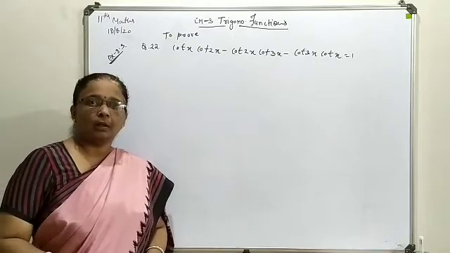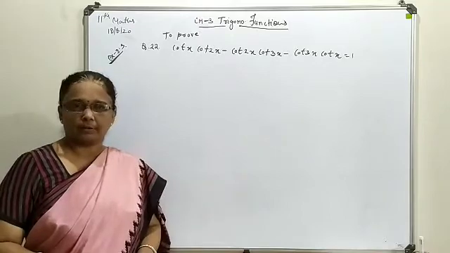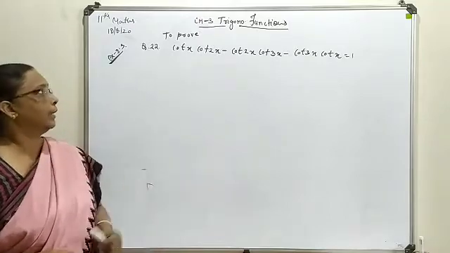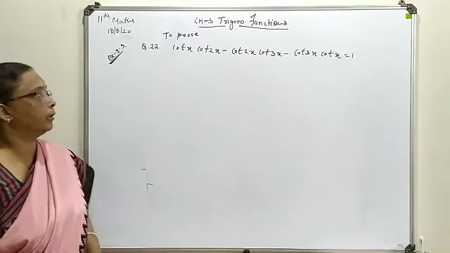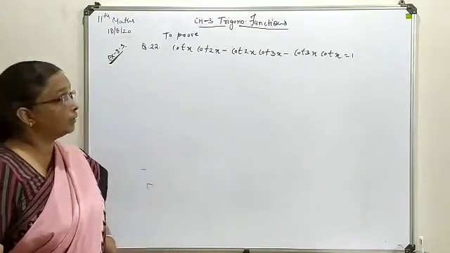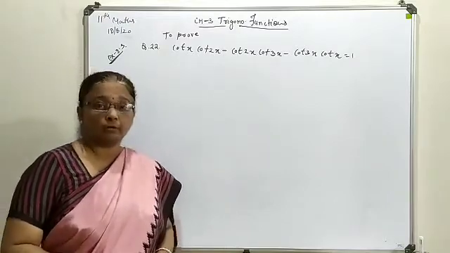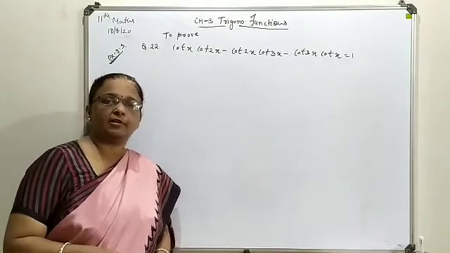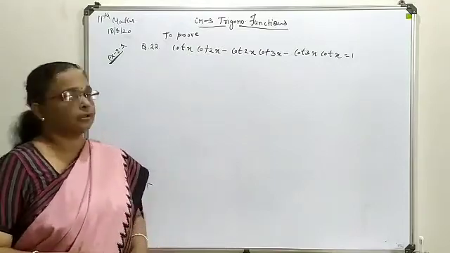Hello students, today we are going to complete the remaining questions of exercise 3.3. In order to do that, I have written question number 22 over here, in which all cot terms are correlated with each other, and here you can see the greatest angle is 3x. So this cot 3x we are going to take as a reference angle, and then we will establish this interrelation.